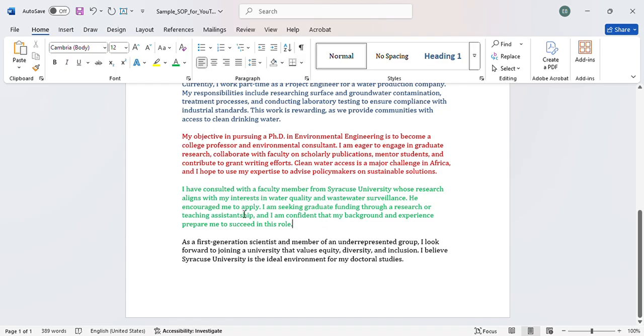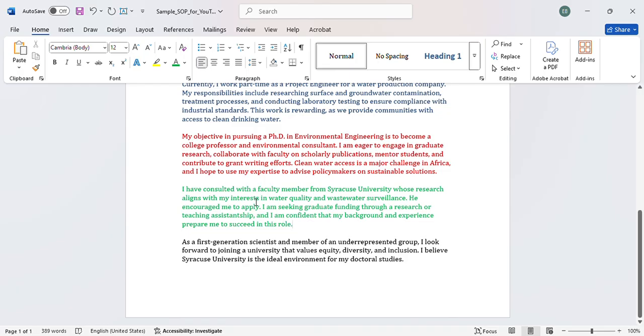So let's say there are about 12 faculty members in a department, and at least 2 or 3 are doing work that aligns with your interest. You email them and none of them responds. You have done follow-ups a couple of times and they are not responding. I don't think you should apply to that program, because these are the people you are going to work with. Do your research, search for another school, and search for faculty members that will respond to your email,